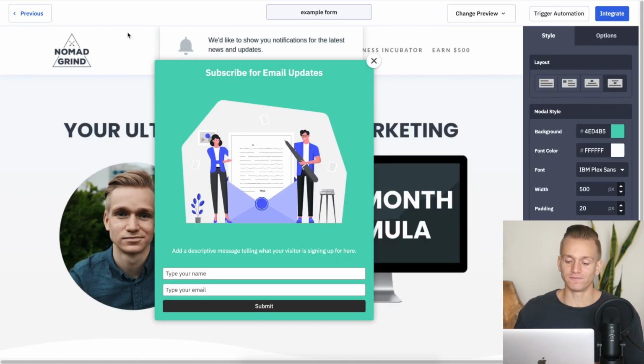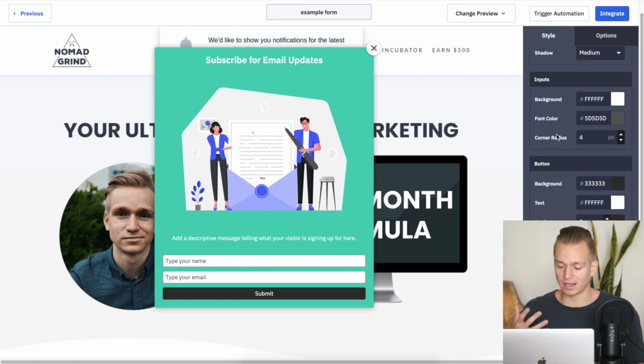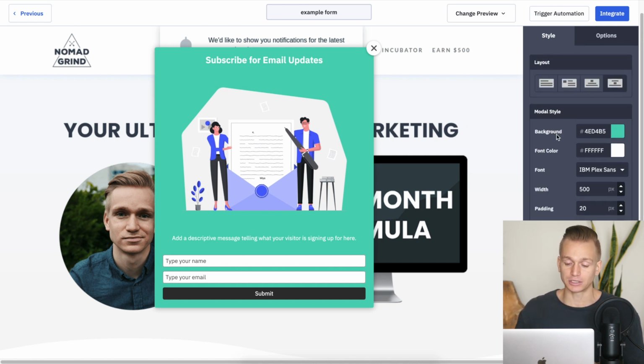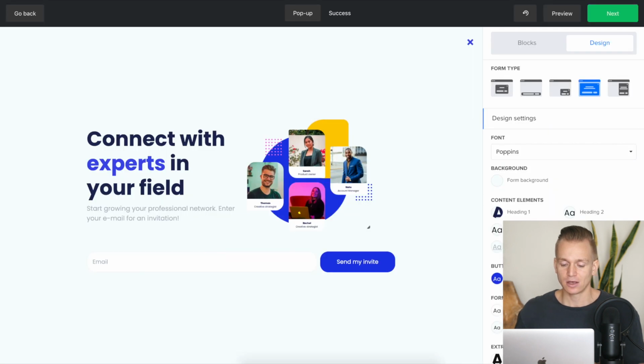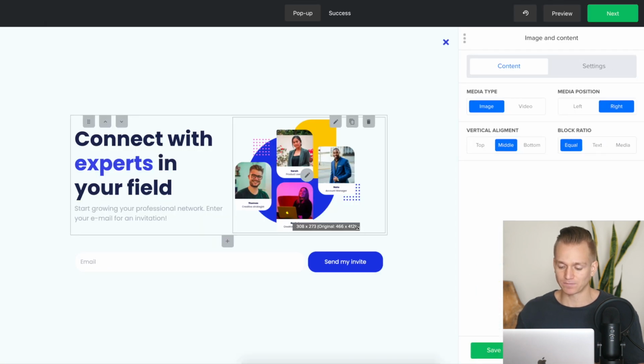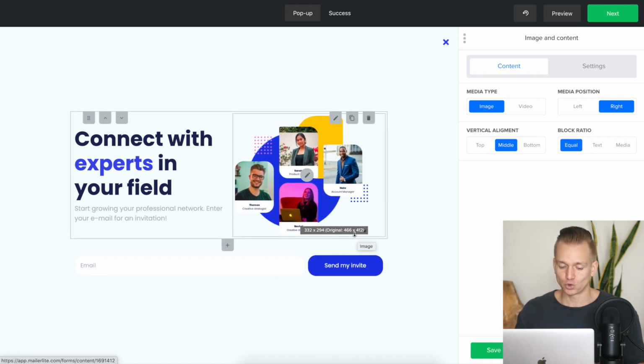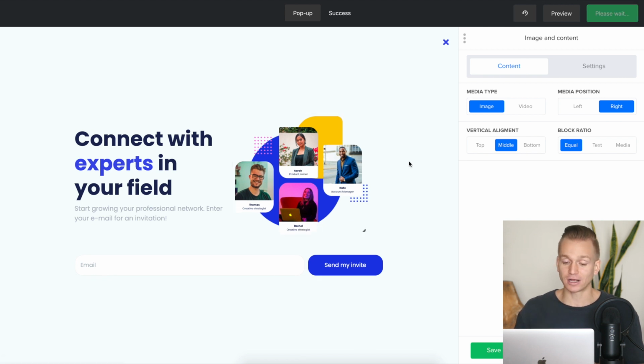When it comes to building out forms, so basically for people to subscribe to your email list, for you to give out your lead magnet, ActiveCampaign has just the basic stuff that pretty much any other email marketing software has. And MailerLite is pretty much exactly the same as well. There's only one difference that I do have to mention: with ActiveCampaign, you can just insert the image and that's it. Whereas with MailerLite, I can actually resize this image if I want to make it a little bit smaller or a little bit bigger. So I do get a little bit extra customization.